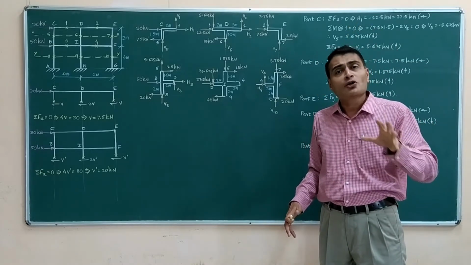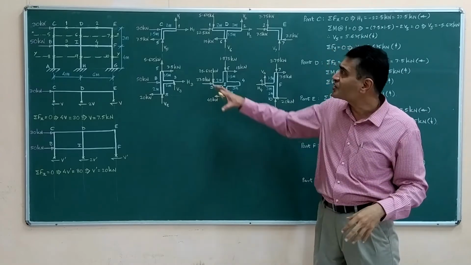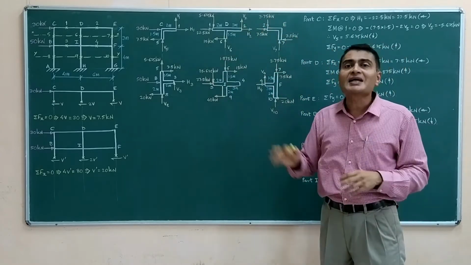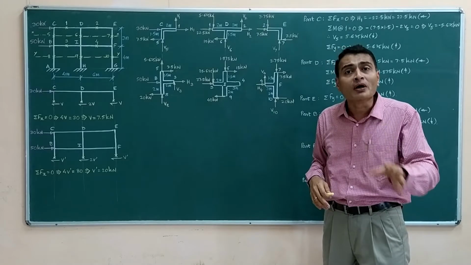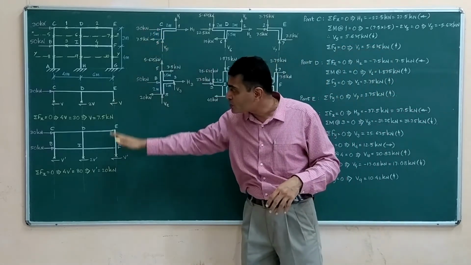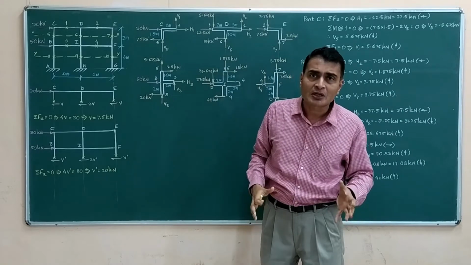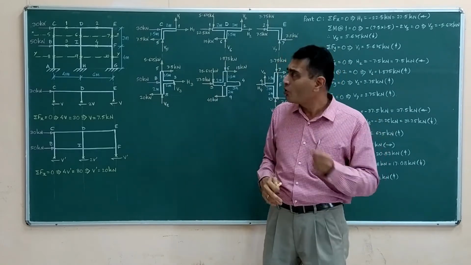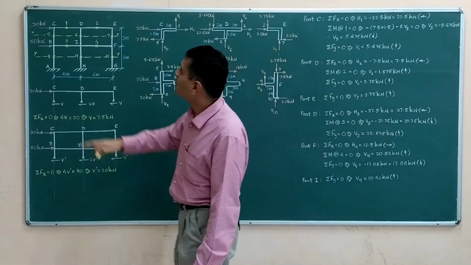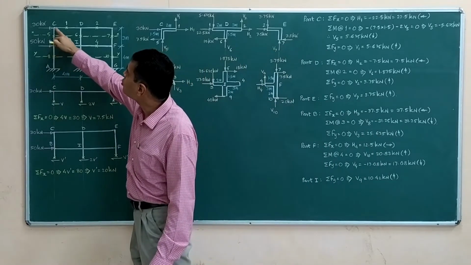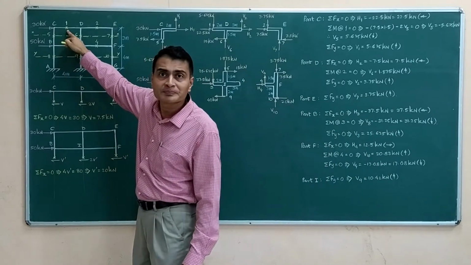So presuming that you are excellent in equilibrium analysis, our numerical example is now as good as over, because the Portal portion is over. What remains is simple principles of statics. Let's see, what am I doing? I am drawing FBD of part 5C1.